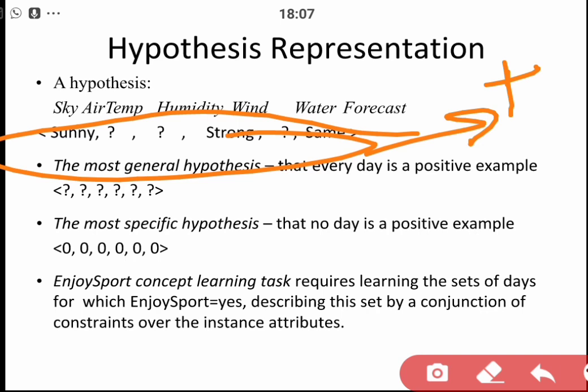Now out of that hypothesis space, the one that fits your examples will help you to tell whether the picture will be of a bird or not, whether you are going to enjoy your sport or not. What is that particular set of rules or combination of attribute values that is going to tell you is represented with the hypothesis, and that particular combination is given with the values as well as some question mark, or it may be some other value that is represented by 0,